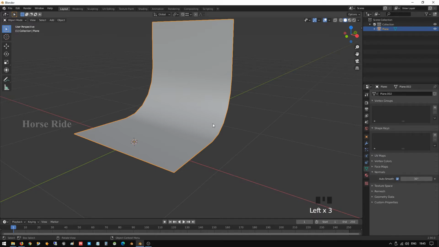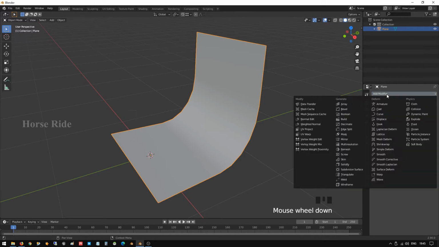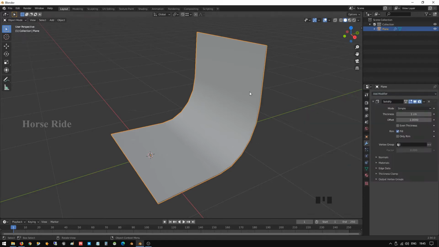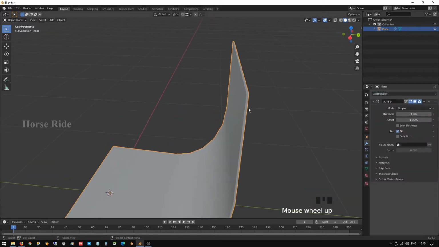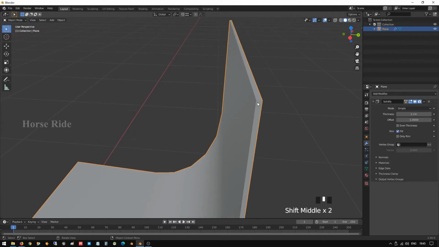So now auto smooth is enabled. Then we are going to this toolbar which is coming. In this we are going to add the modifier named solidify. So we are going to give thickness to the chair. Here again you can see its thickness is there. So I'm going to give the thickness as here. Here we have many options.